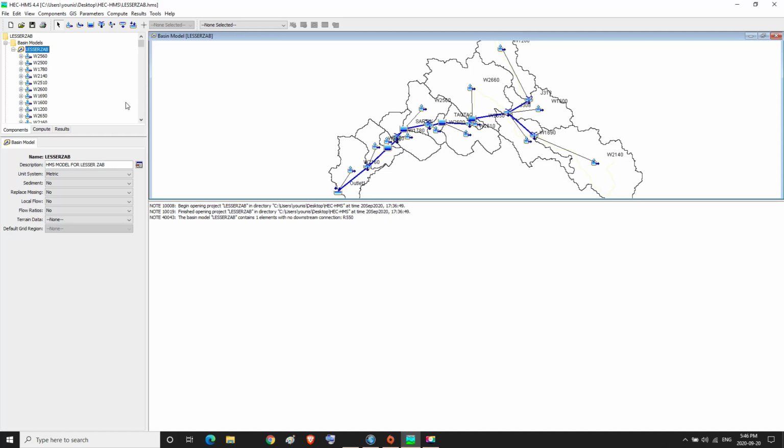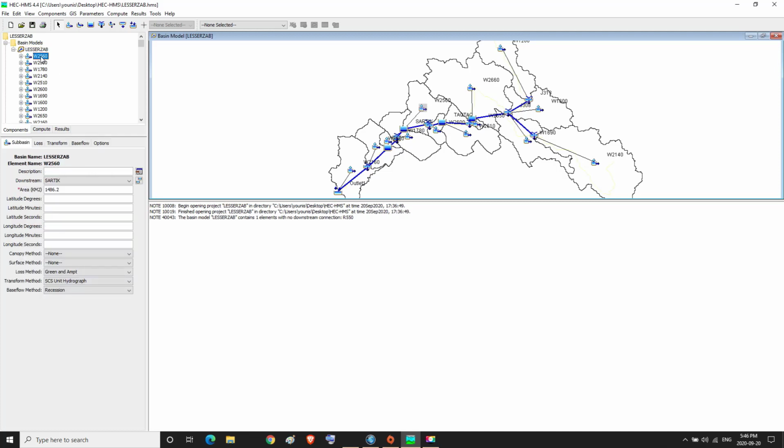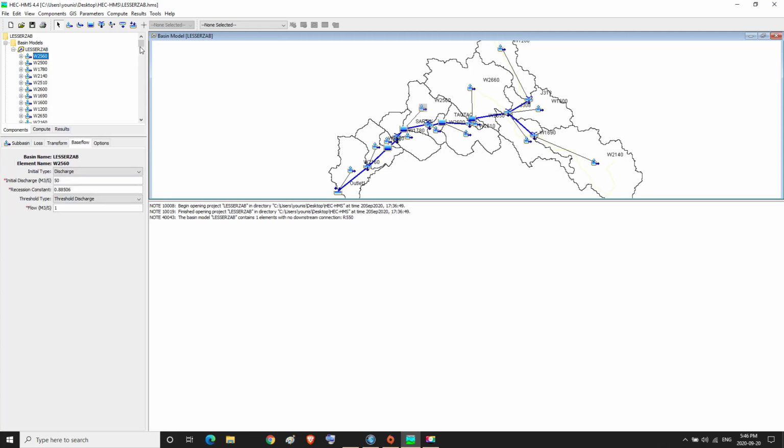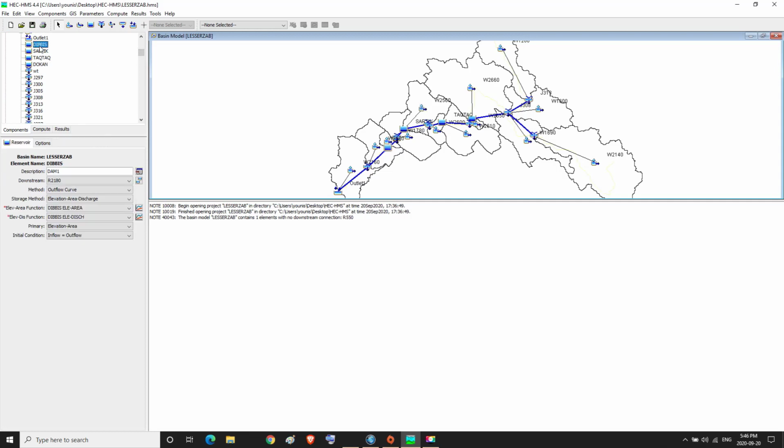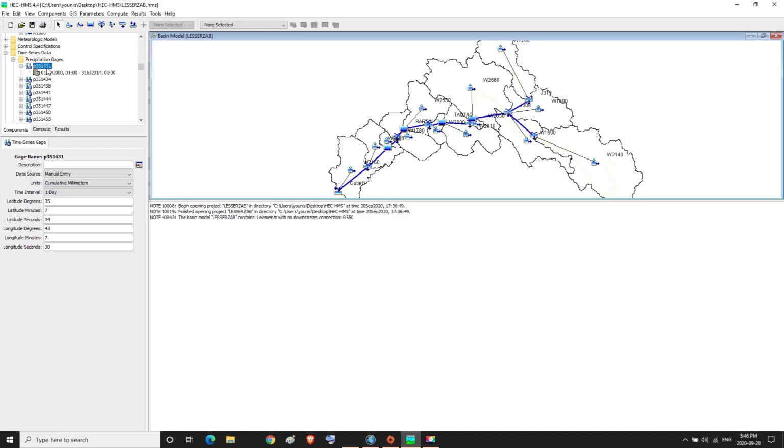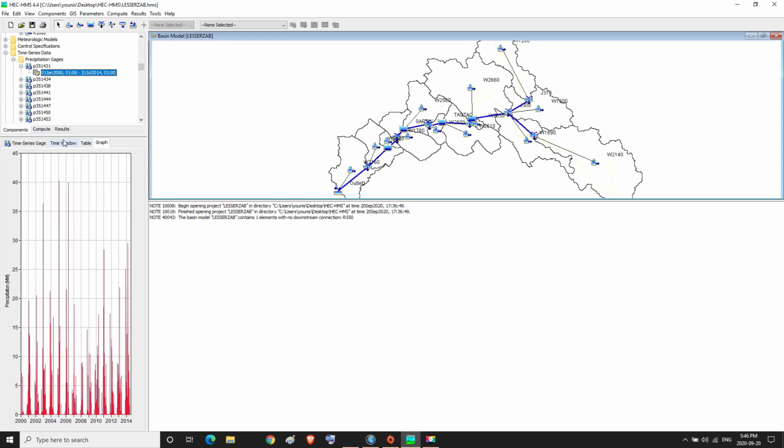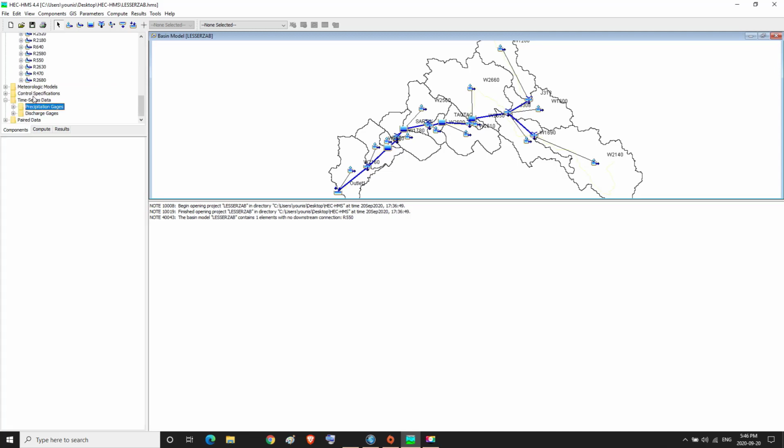After we finished inputting the data and parameters for the subbasins, dams, junctions, water treatment, and reaches, and the data for meteorologic models, we start implementation of the simulation in the HMS program.